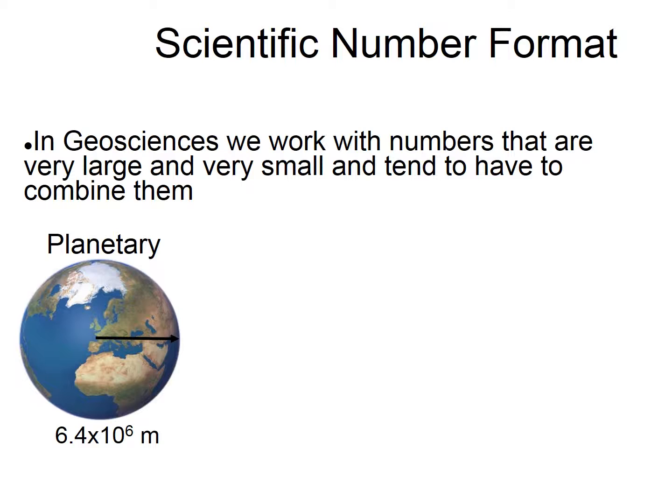If we wrote out this number here, what if the Earth's radius was exactly 6.4 million meters? We've written out lots and lots of zeros here, so that suggests that we actually know it to that degree of precision. We'll come on to this importantly later. Whereas if we write it like this, 6.4, that suggests that it could be